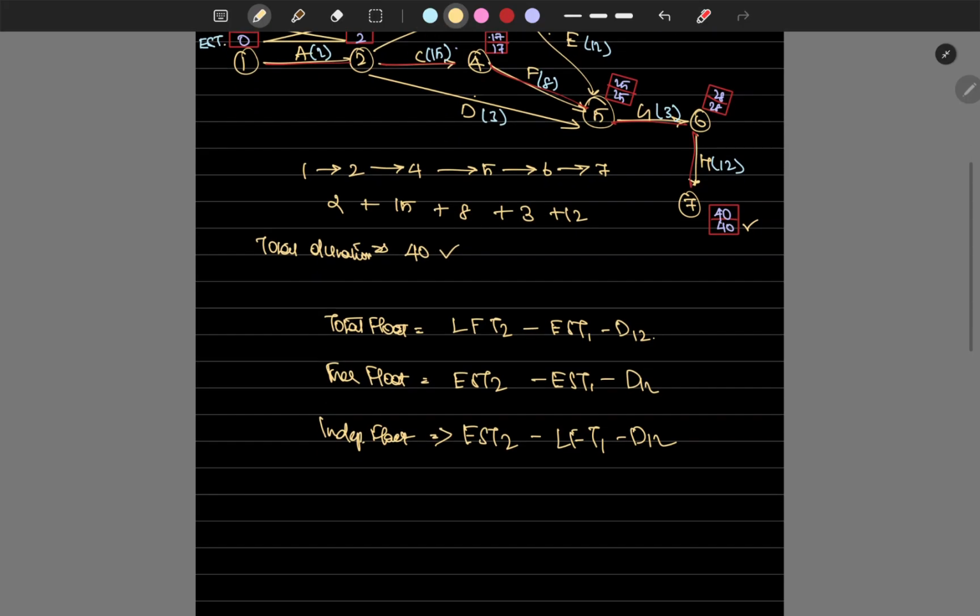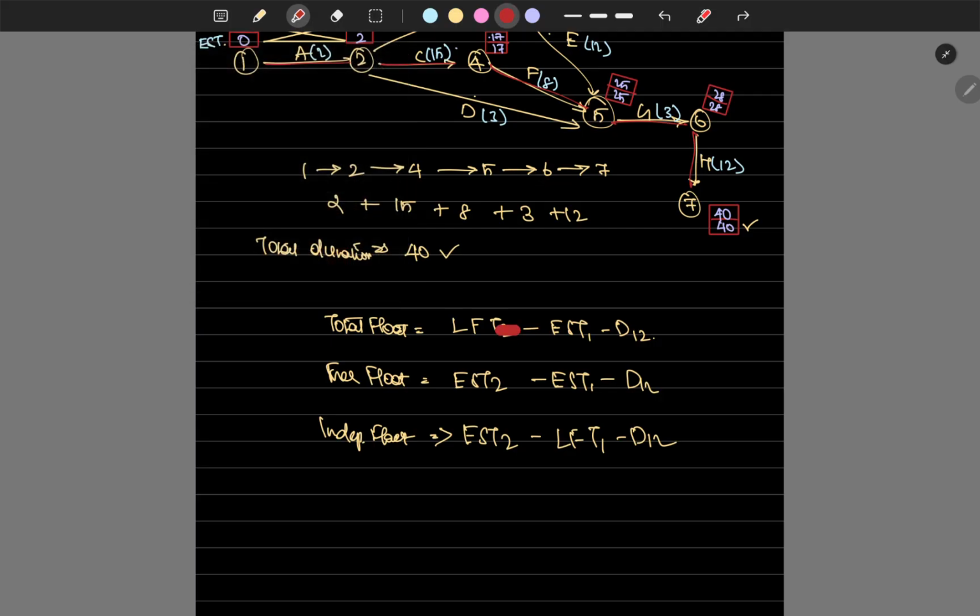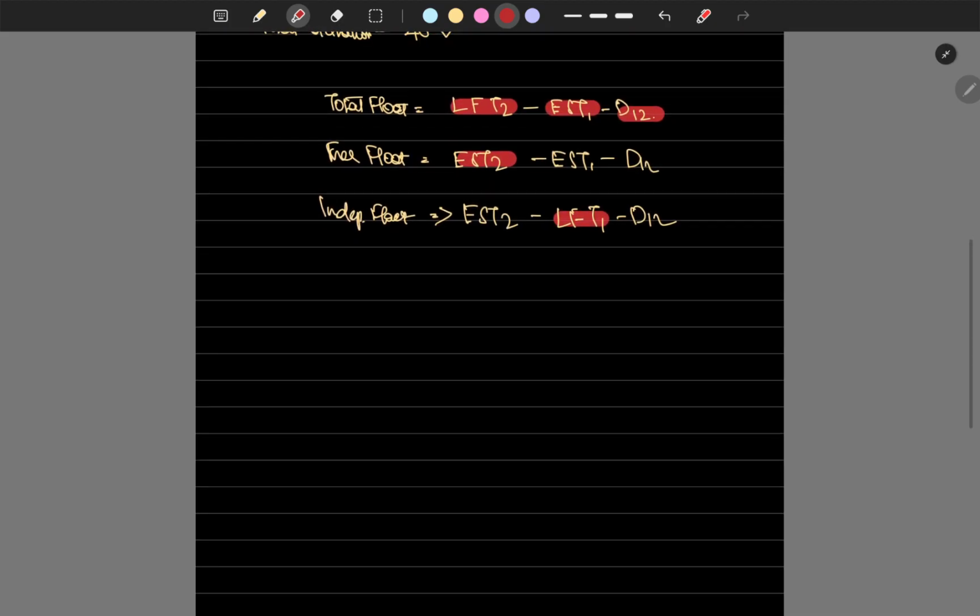Guys, here you can understand what values we need. We need to arrange in a table: LFT1, LFT2, EST1, EST2, then D12. That's it. These are all the items we are going to fill in a table now. Okay, just put a total